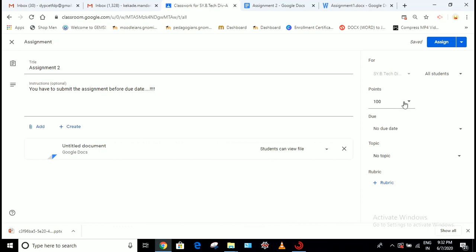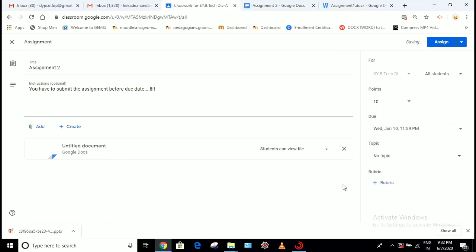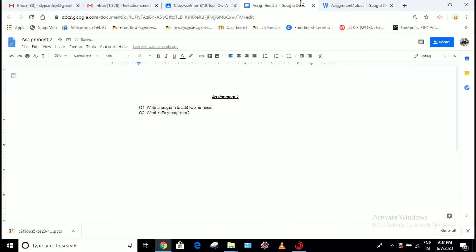Now similarly, you can add the points to each assignment. So I will add 10 points. For the due date, I will add the date 2 days after, and I can add the timing also. Under Topic 1, I want to add the second assignment, and again I can define the rubrics if we want.